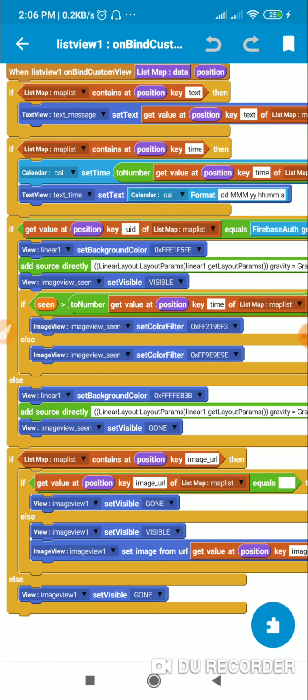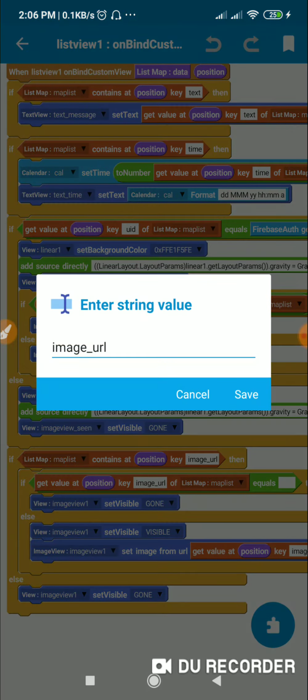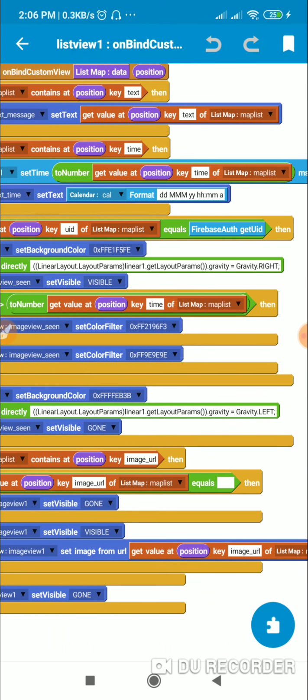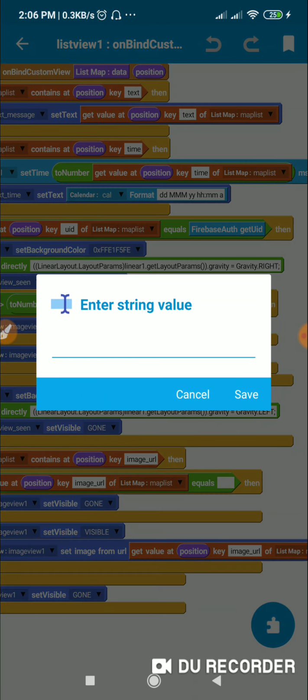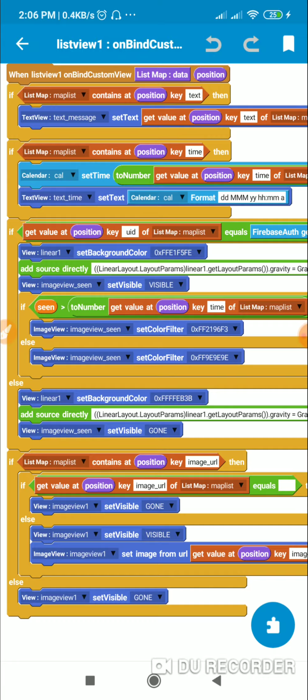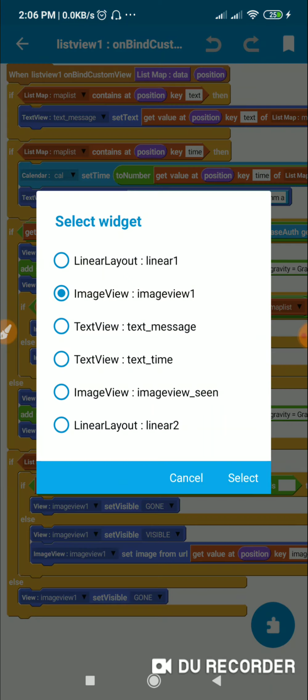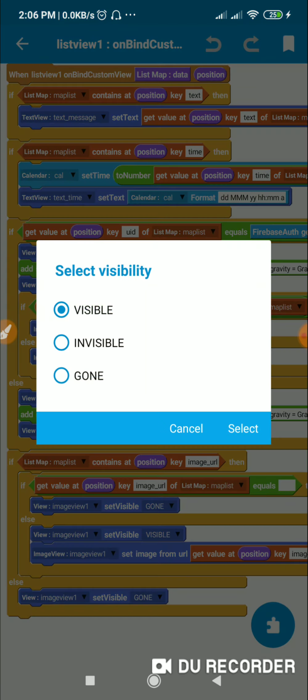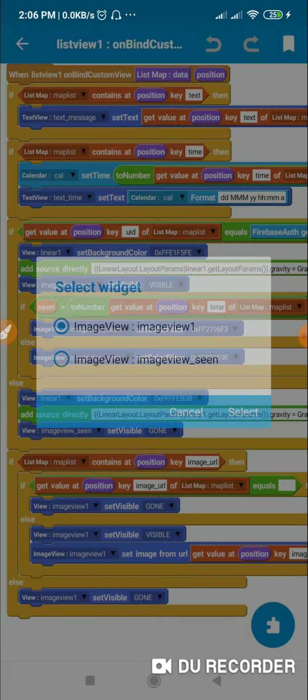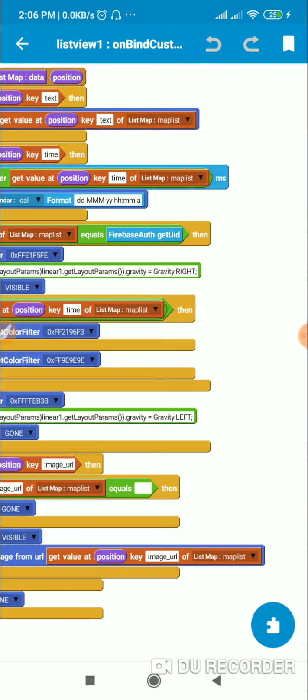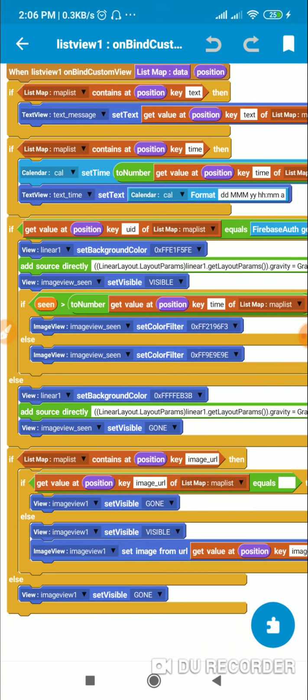And for the image, for the key URL, if mapList contains key image_URL, then if the key image_URL value equals empty, if its value is empty, then I make imageView1 setVisible gone, else I make imageView1 setVisible visible, and for imageView1 I set image from URL getValueAtPosition key image_URL of listMap mapList.